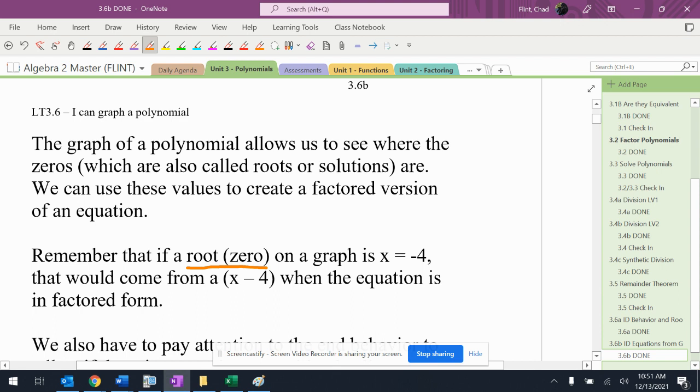a zero or a root, which is the x-intercept on a graph, and we want to be able to help ourselves out, we want to know that that root, so if this was one of the roots, or the x-intercept, comes from that factor. So we have to be able to go backwards. A lot of times these will ask for it in factor form. Then the other issue we have to be able to deal with is just what does it look like in